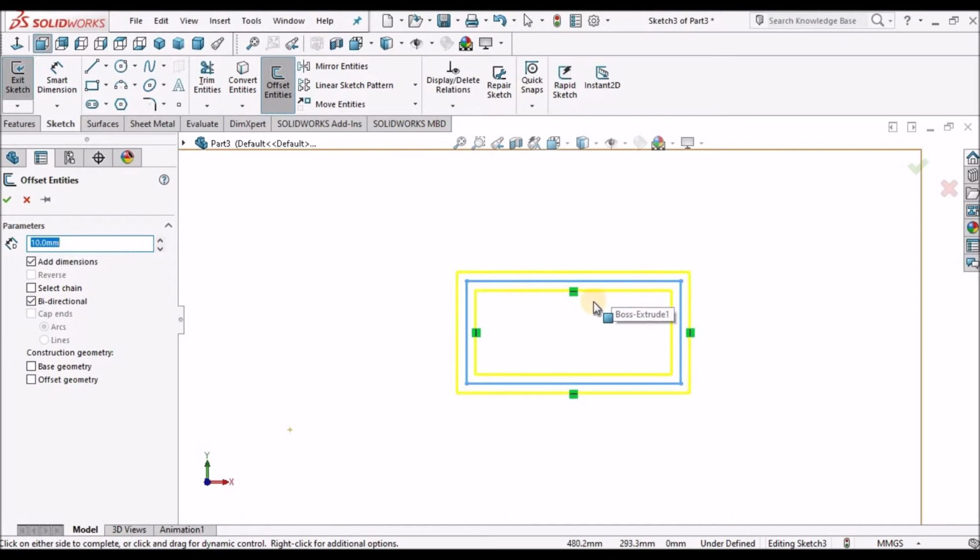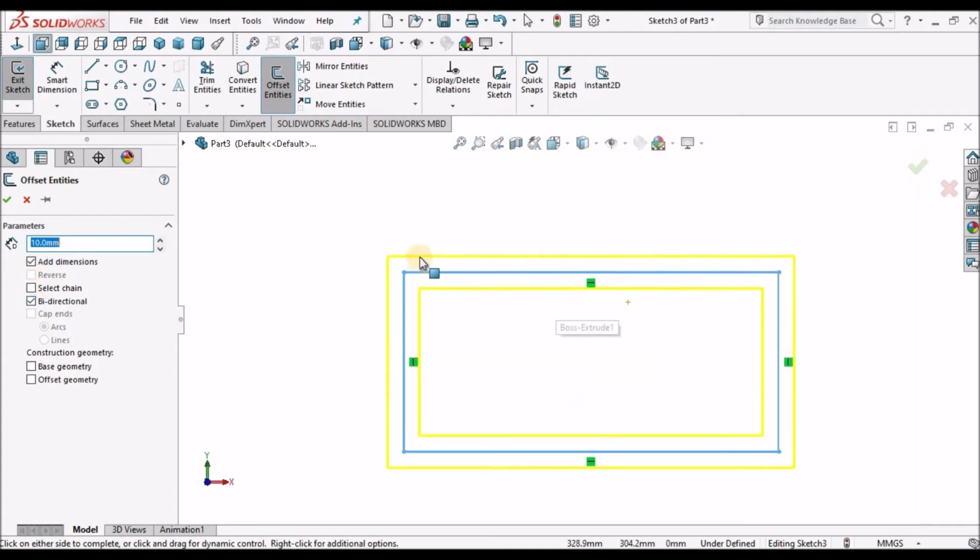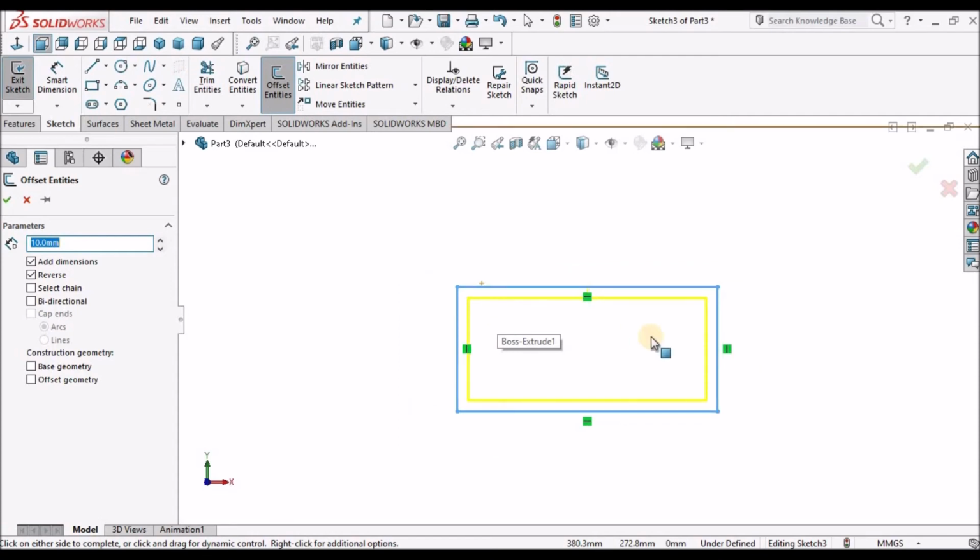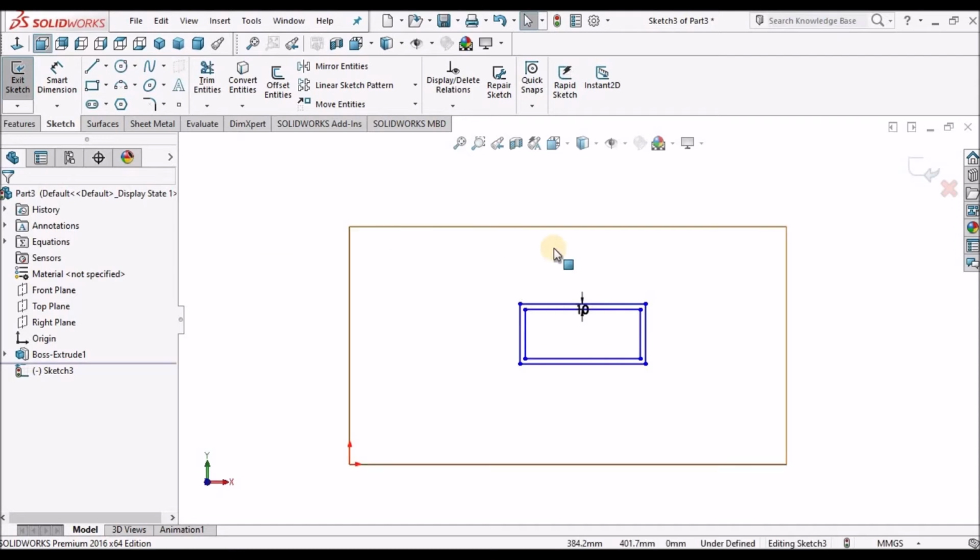See here there are many options, like bilateral, so I can have it in different directions. Next, if I don't want the outer side, I can flip it in reverse direction. So this is for offset entity.